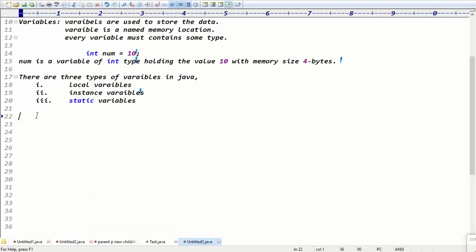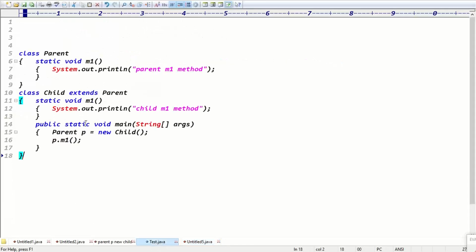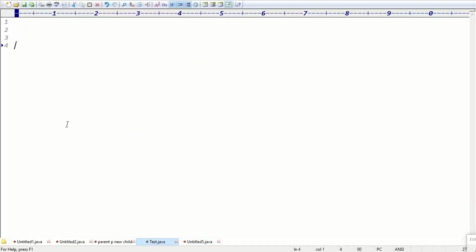And we'll go for the first one, guys. The first one is the local variable. If you check the local variable, guys, it is very straightforward. The variables which are declared inside the method,